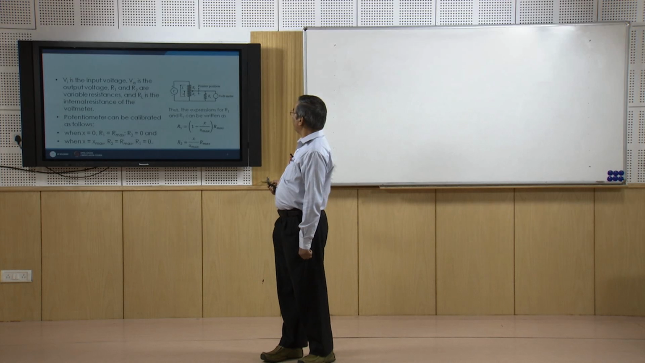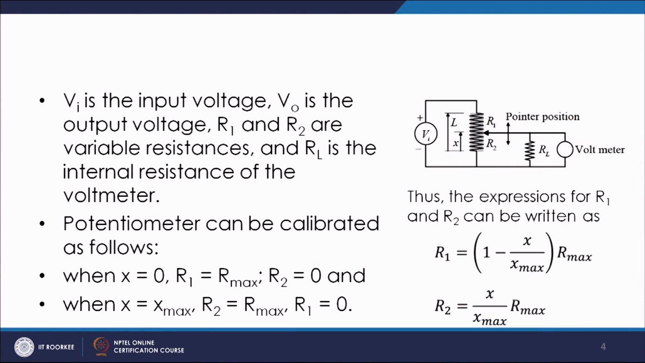In this figure you can see that Vi is the input voltage and Vo, which is not written here, is the output voltage, R1 and R2 are the variable resistances, and RL is the internal resistance of the voltmeter, which we usually take to be of very high value. Now, we can calibrate this potentiometer as follows. When x is 0, R1 is our maximum because the pointer will be at this position. So, R1 will be R max,